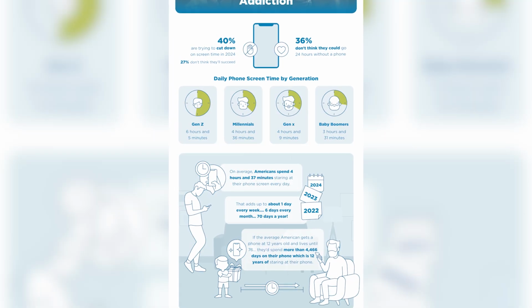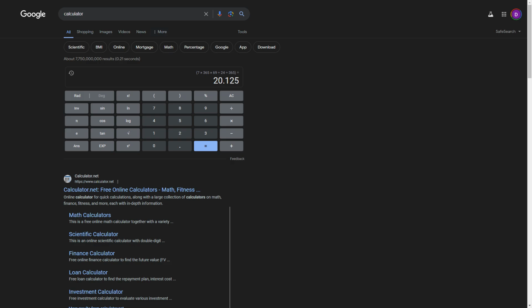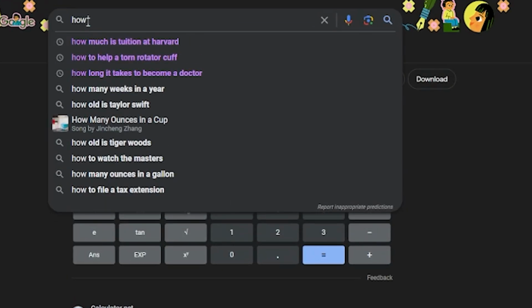I feel like teenagers nowadays are spending 7 hours a day on their phone. I know I was, as a matter of fact. And if you did the same lifespan of 11 to 80, that would be equivalent to you spending a little more than 20 years of your life on your phone, which is how many times it would take to watch Shrek 116,800 times. So if this makes you uncomfortable,